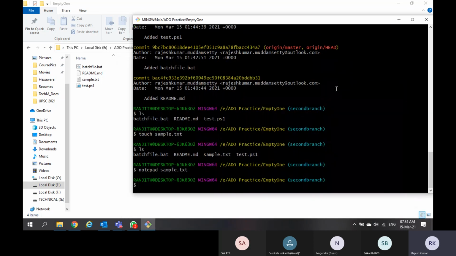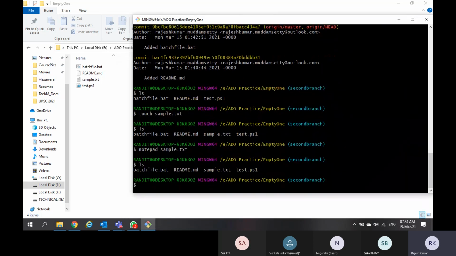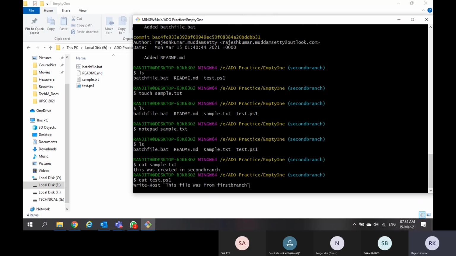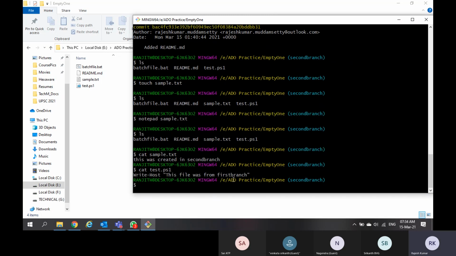Okay, save. Close. Now I have written something in the sample file. If you want to see the data inside that file, the command is cat and the file name. It is showing the lines inside the file. Let's suppose cat test2.ps1, this is the line.